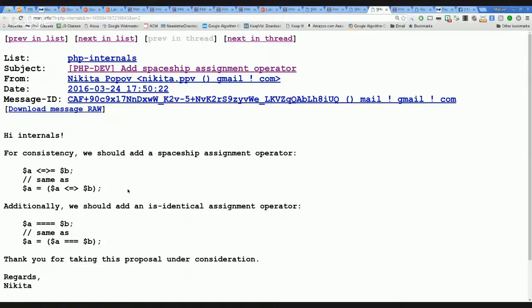So the new proposal is to allow an assignment form of A equals A spaceship B, but expressed in a more compact way. Oh, this is interesting, but it is a rare case that you would probably use.